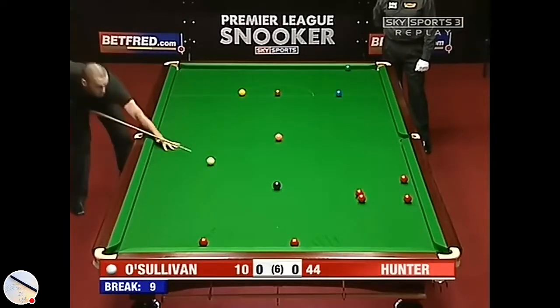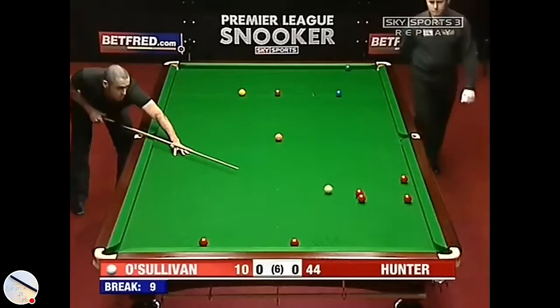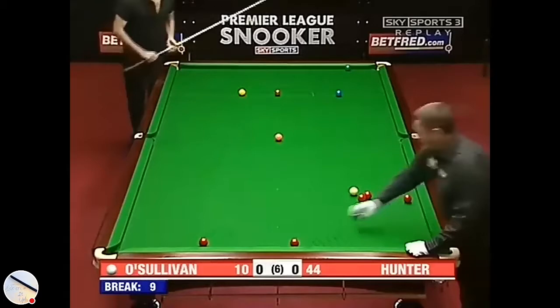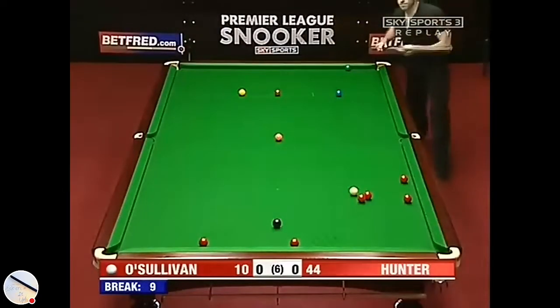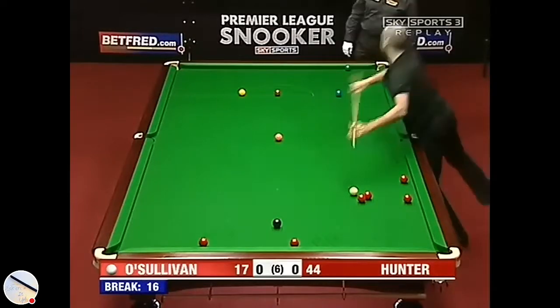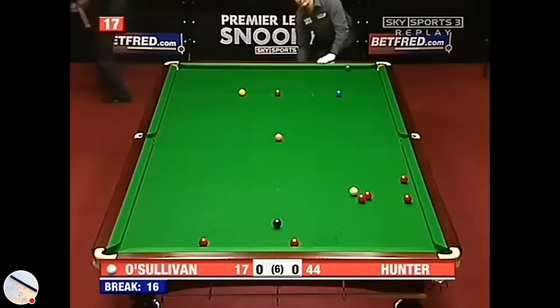Some sort of angle on this black so he can stun over towards those reds near the right cushion. Oh, that's a great shot. Cannon into the red. Can you really see what he's doing? Oh, well,